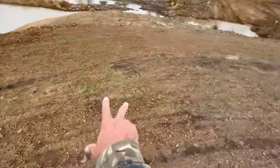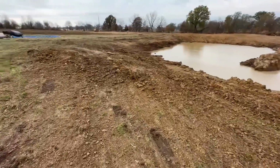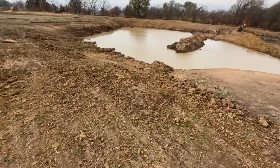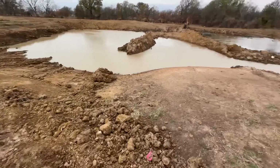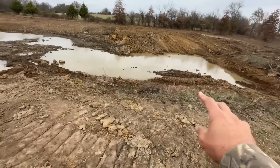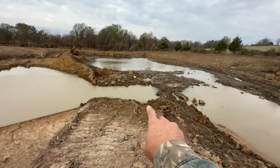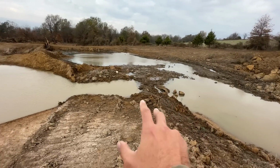Look at this. Look how Jared graded the banks. Went over them with his earth mover, smoothed them out. Now, some of this, he'll still go over maybe one more time. Over here, he's got a little bit of work to do, just flattening some of that out. And then when he gets here with the excavator, which will be a couple weeks, he's gonna take care of